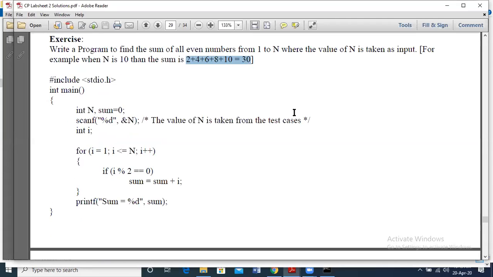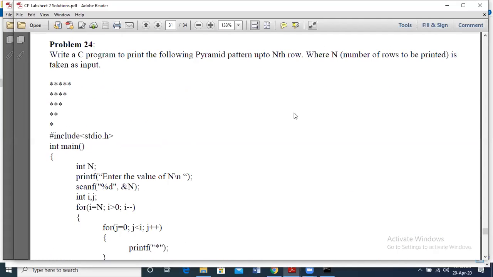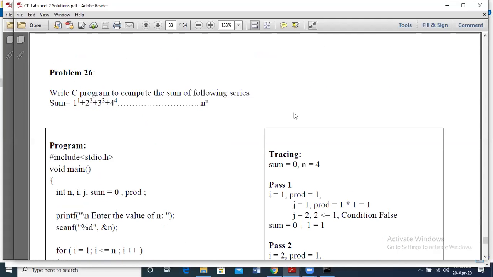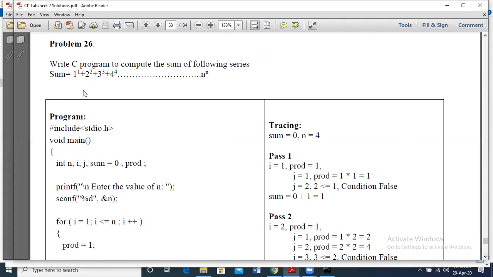We are adding all the numbers 1, 2, 3, 4, there is no even order. But along with that, there is a power: 1 power 1, 2 power 2, 3 cube, 4 power 4, and so on up to n to the power n.